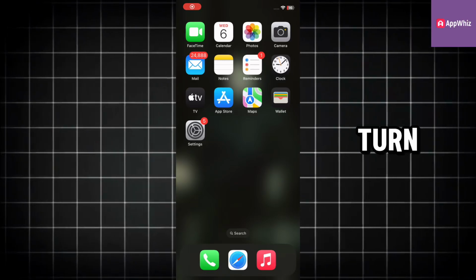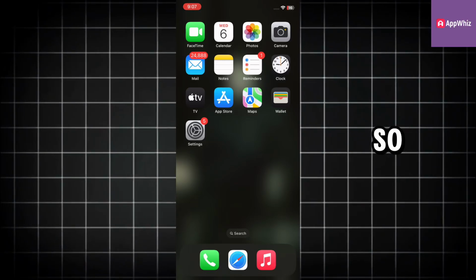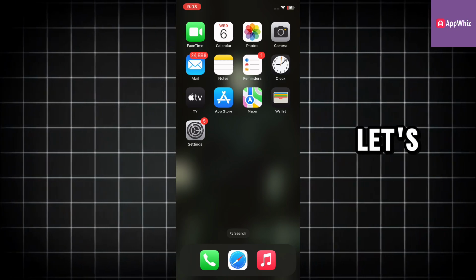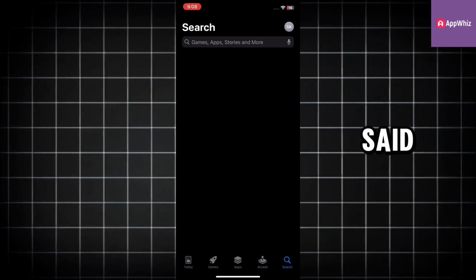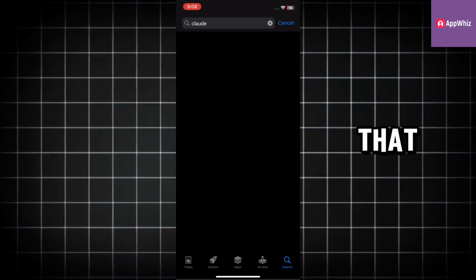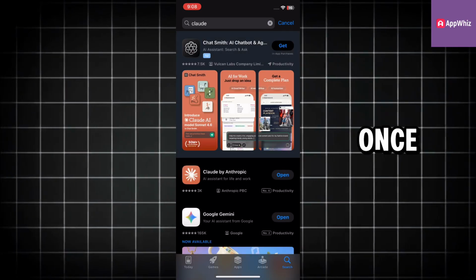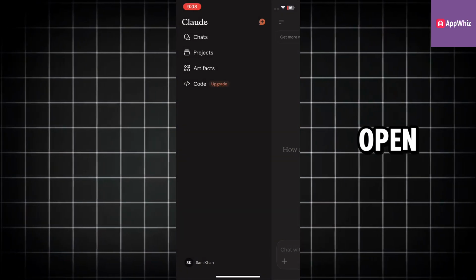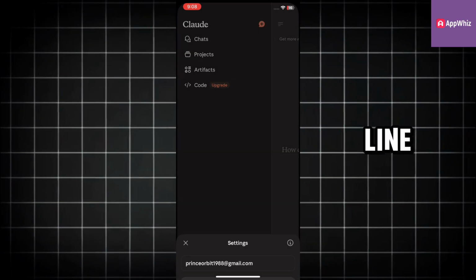I will show you how to turn off notifications in the Claude app, so without wasting any time, let's get started by going to the App Store and searching for the Claude app. Make sure that it is updated to the latest version. Once you have updated, simply open it, and then tap on the two or three lines at the left corner of